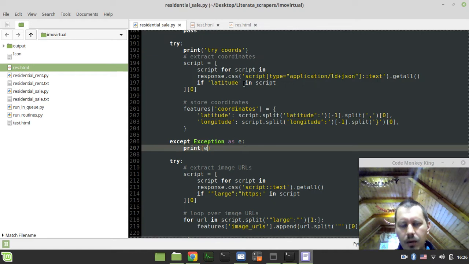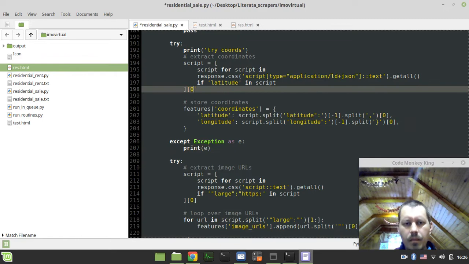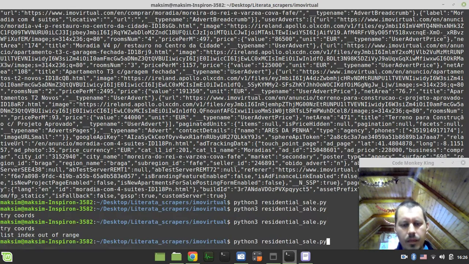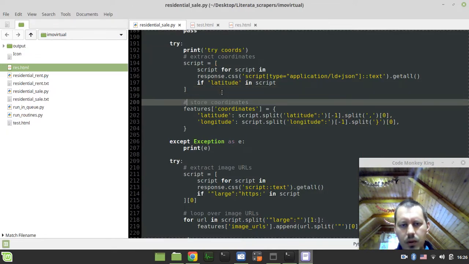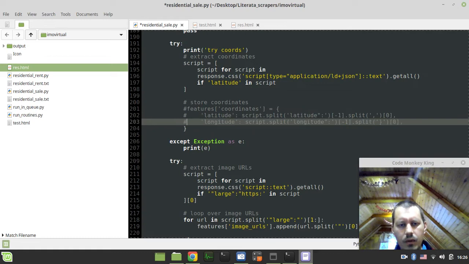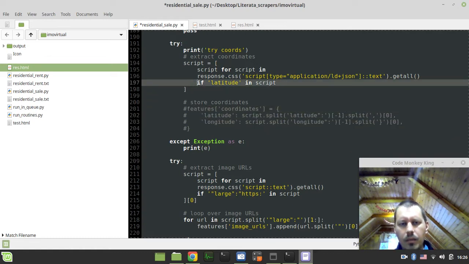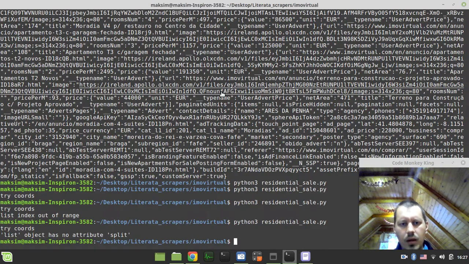If latitude in script. So just to avoid, list object has no attribute split, so we don't do this for now. If latitude in script, let's not do that.